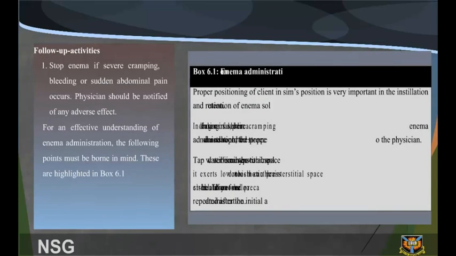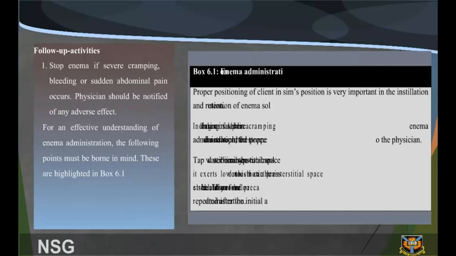Follow-up activities. Stop the enema if severe cramping, bleeding, or sudden abdominal pain occurs. The physician should be notified of any adverse effect. For an effective understanding of enema administration, the following points must be borne in mind. Proper positioning of the client in Sims position is very important in the instillation and retention of enema solution. In cases of severe cramping, bleeding or sudden abdominal pain during enema administration, the procedure should be stopped and reported